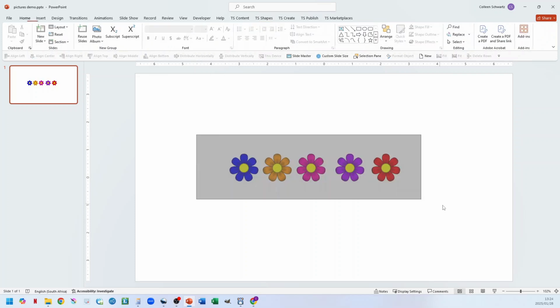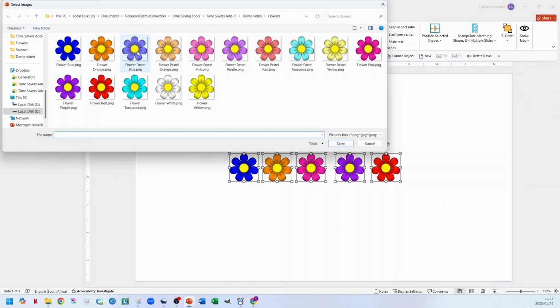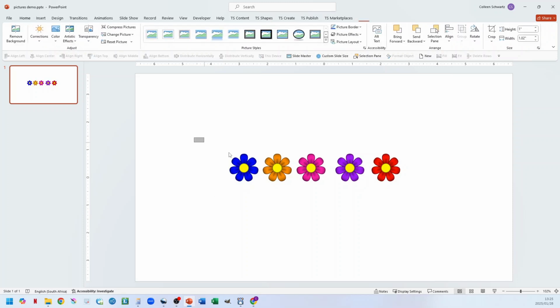So if I undo that and I go over here and I do the same thing again, but if I try and select them in a different order, it's not going to make any difference. It's still going to replace them in that same order, because it bases it on the order that they are in the folder. If you want to replace them in a specific order from what they are in the folder,